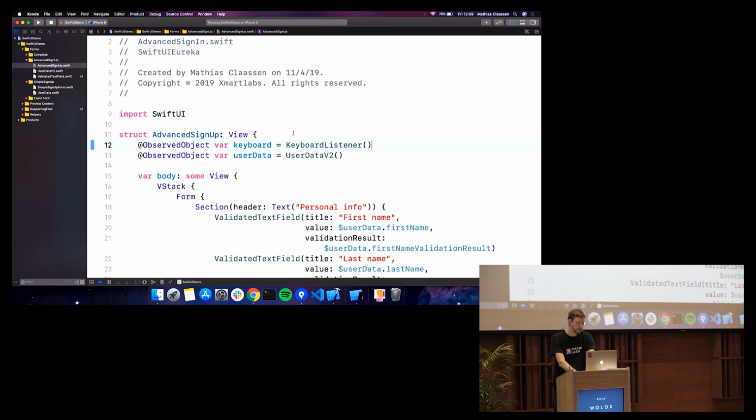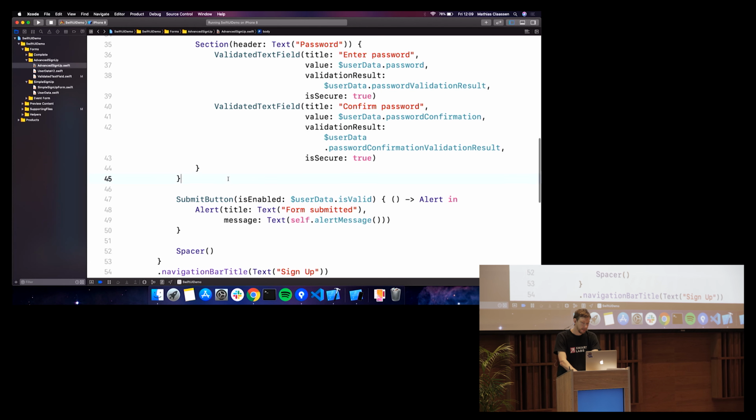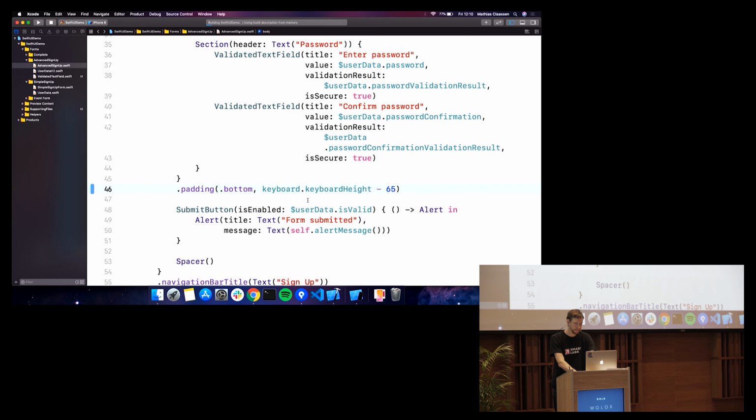So we can use that too, and this is a basic solution. You can come up with more complex things here, but we can simply add a padding under the form so that the user can scroll it, and also you can see this text field, right? And the padding is the keyboard height minus more or less the size of the submit button, which is at the bottom. So let's try this